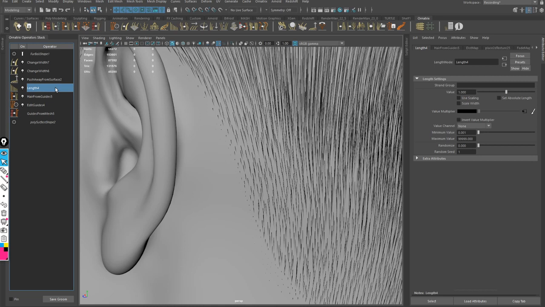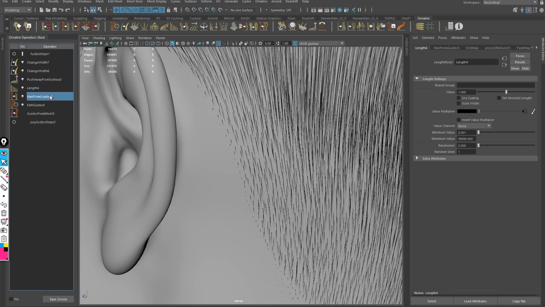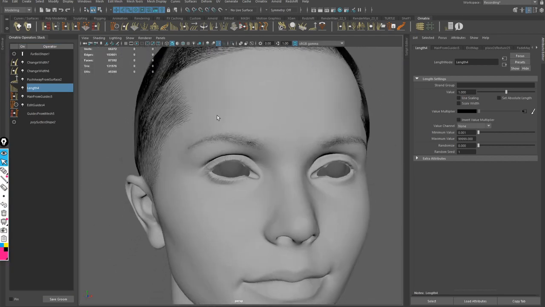Their work is not to remove hair, but just to change it. So that's why they work differently, and that's why I suggest this workflow